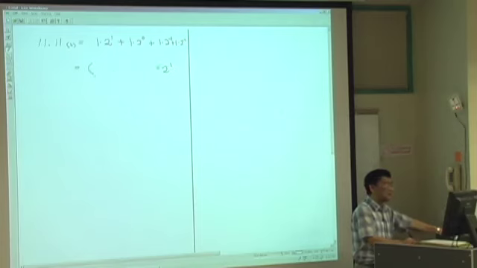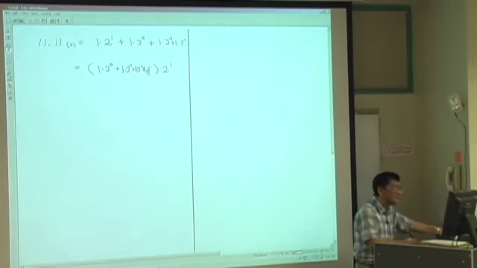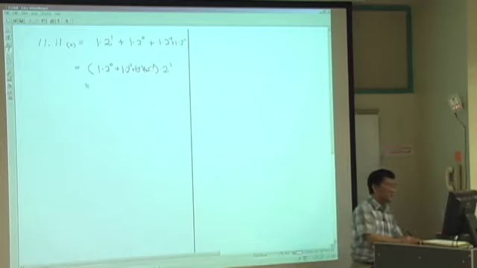Then it happens this way. So mathematically, 1 times, right? This is times. So in binary representation, this means